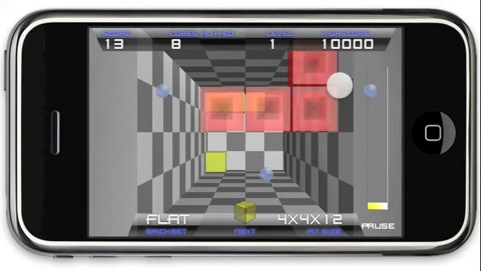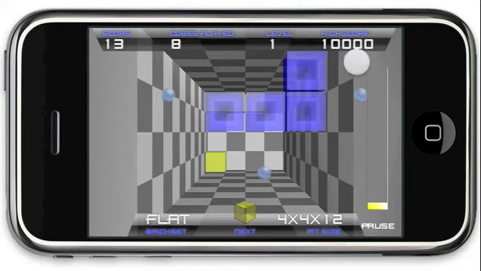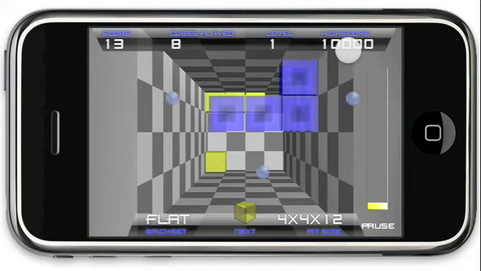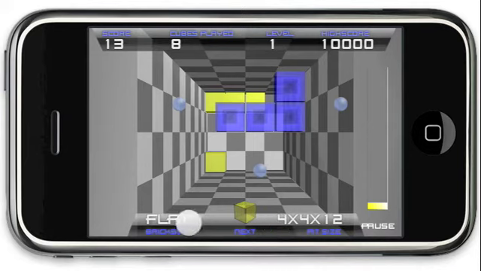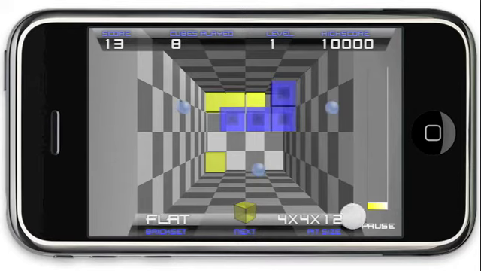I'll just put it here and let it go down slowly. And you have the iScore, which basically represents the highest score you got on this specific iPhone or iPod. On the lower side, you'll have the brick set, which we're using to play. You have an indication, a preview for the next brick to come up, and you'll have the pit size you're